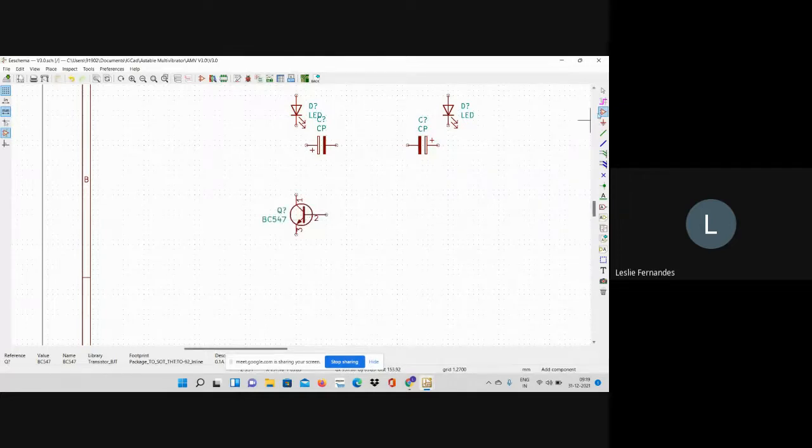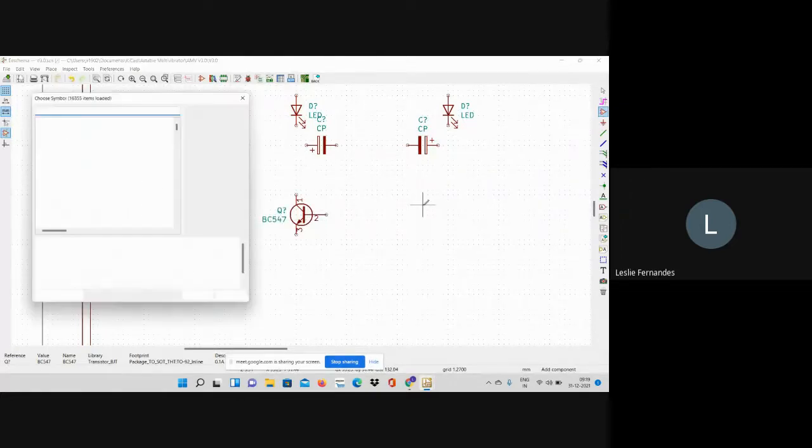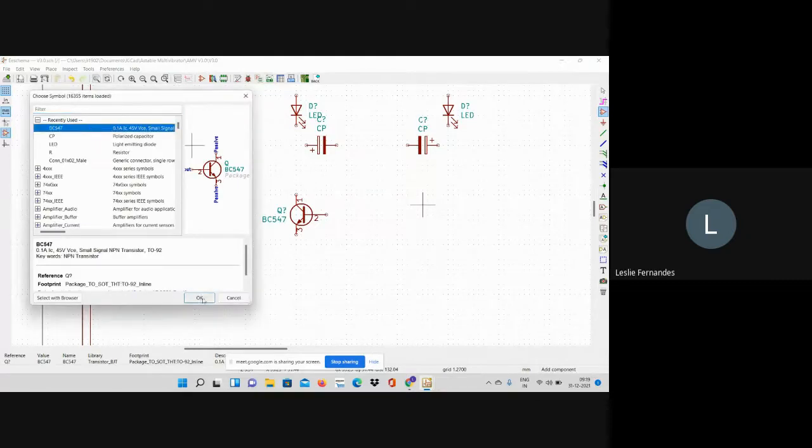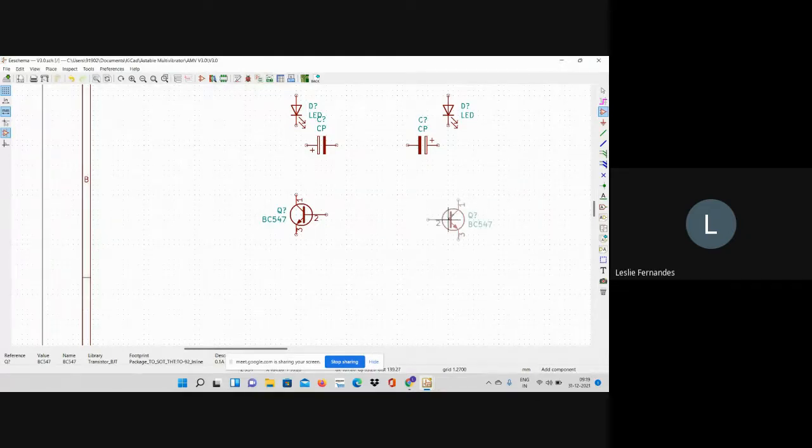Again, I will go to place symbol and I want BC547. So I will place BC547 over here.